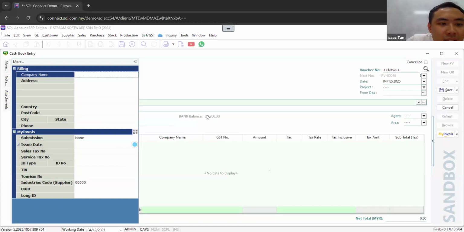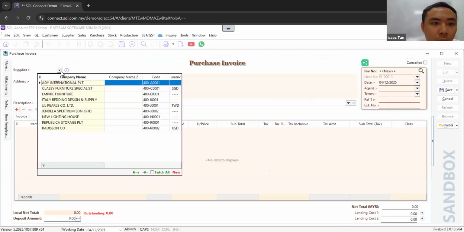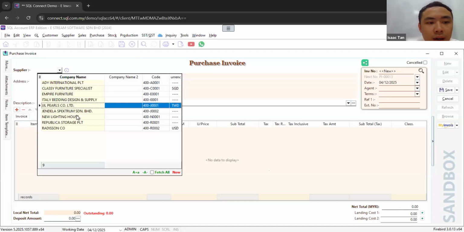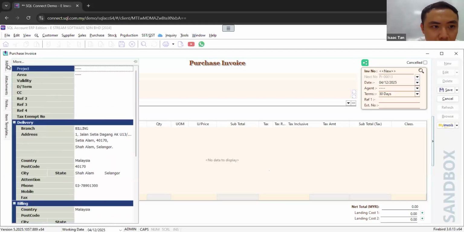I key in under purchase invoice, not PV. Key in under purchase invoice is also the same. You key in to the purchase invoice, right? Maybe you maintain the supplier like TNB, Interwater, then you select, let's say, TNB. But I want to sell bill the owner, then at the More here,